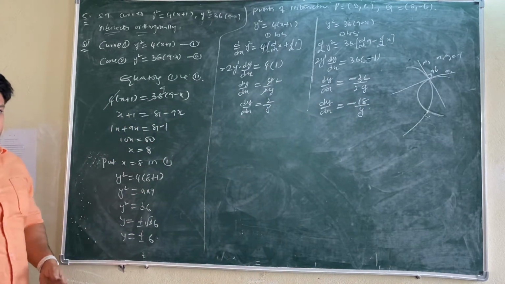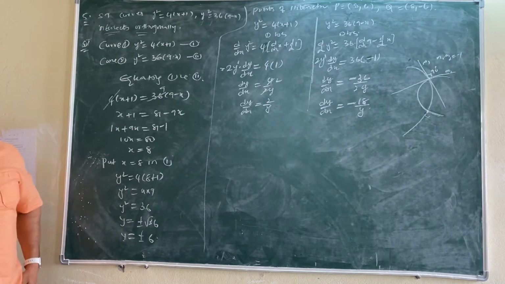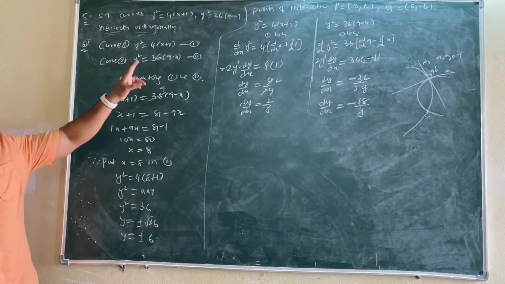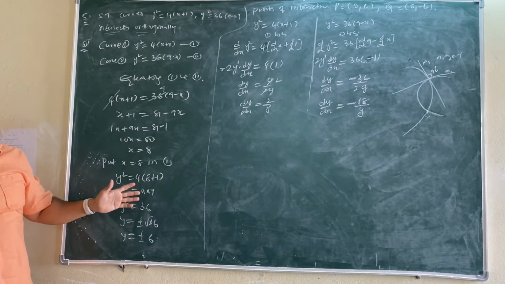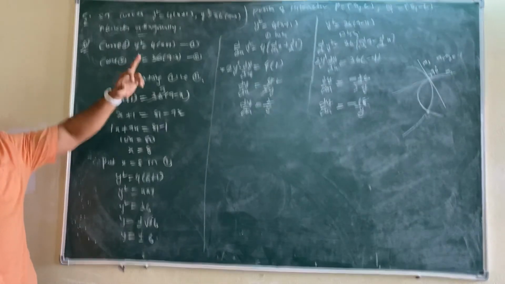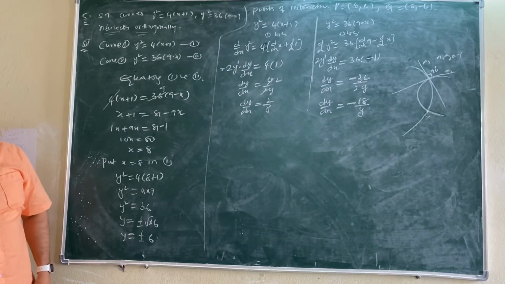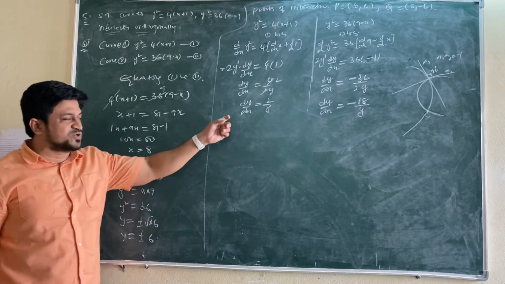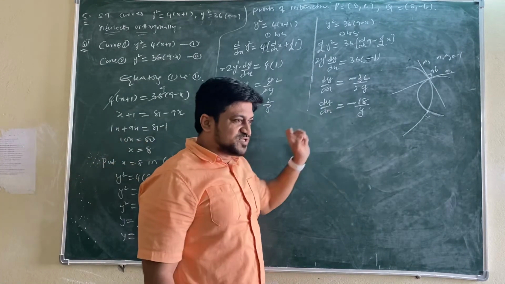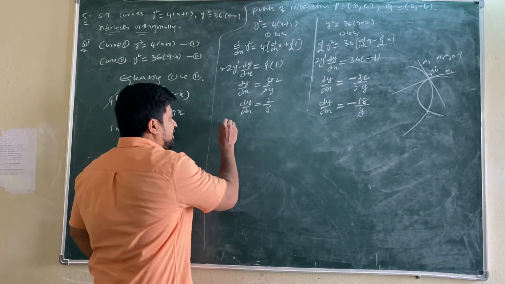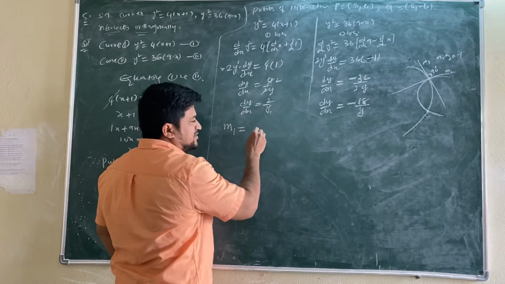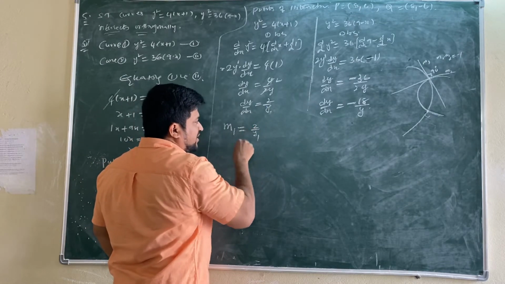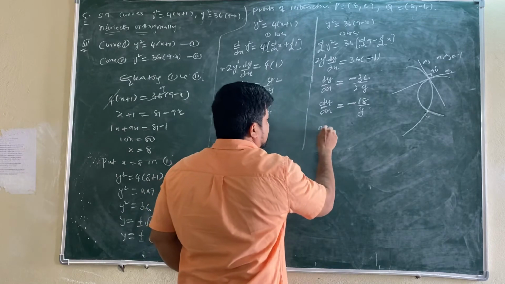Once again, check this one. We need the points of intersection. So first the curves are given to you. We are equating both the curves, or solving both the curves. We will get 2 points, P and Q. Once we got the points, we have to find the derivative of the first curve and the derivative of the second curve, dy by dx of each. Then we have to write m1. While writing m1, this is 2 by y1 now. Here m2 is minus 18 by y1.